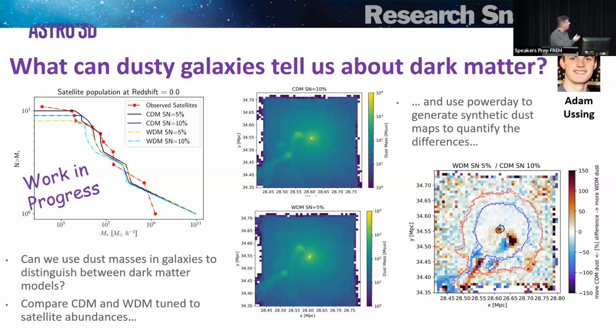Then if you look on the right-hand side, the two color barred plots show the distribution of gas mass and dust mass within those galaxies. And then on the far right side, you've got the difference map. That's telling you where the main significant differences are. So this is still work in progress, but Adam's doing some nice work in this area. If you want to find out more, go and chat to Adam afterwards.